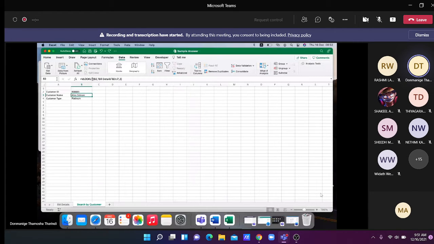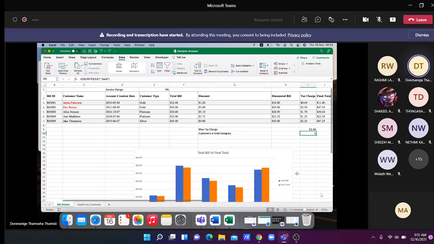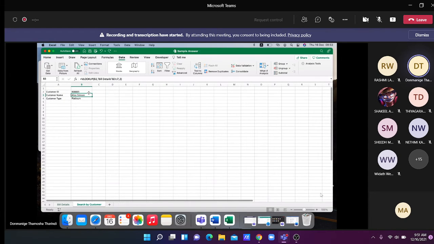So you would start by saying VLOOKUP. In a VLOOKUP function, the first thing you have to select is the lookup value. So the lookup value would be this RIDE ID. And then comma, you have to give the range of details. So you would select the table in bill details here without the column topics. And then comma, you would say which column the customer name is in. That is column number 2. You would do the customer type the same way. Are we clear?